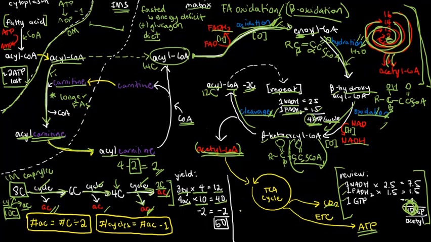What are the computations? So first, we have to count how many cycles there are. How many are there? One, two, three, four. So that's 4 cycles. We know that the multiplier for each cycle is 4, so 4 times 4 is 16. How many acetyls did we make so far? One, 2, 3, 4, 5.